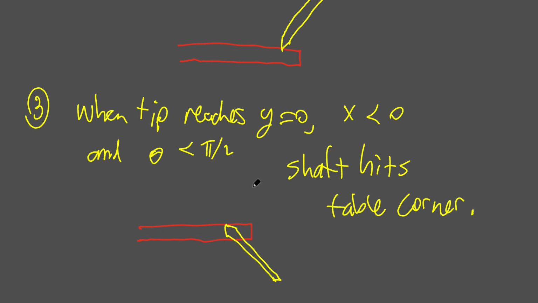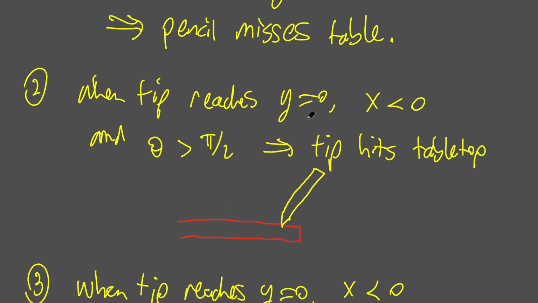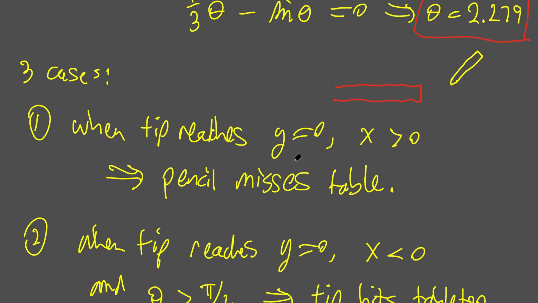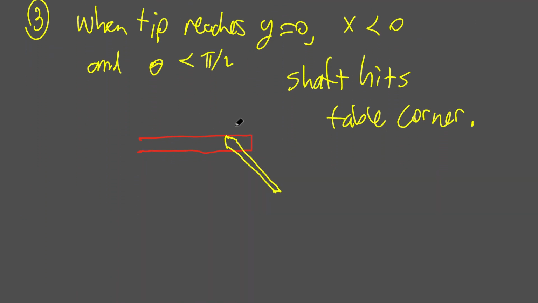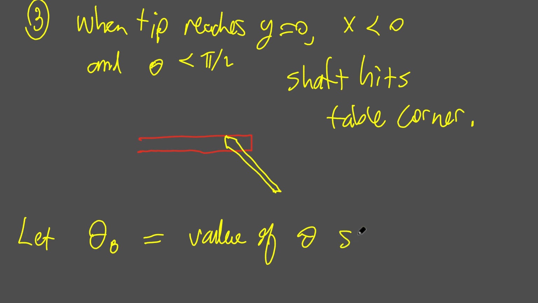So in all three of these cases, we're going to be focused on the instant when the tip reaches y equals 0, and here's y equals 0, y equals 0. I found it easier to think about this problem if I made a distinction between the generic values of theta and the particular value of theta when y is equal to 0. So let theta naught, that's theta sub 0, equal the value of theta such that